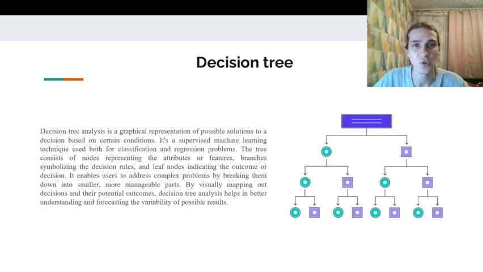by visually mapping. So in the case of a food delivery service, the attributes that can be included in a decision tree can include delivery cost, delivery distance, ratings, and many other features.